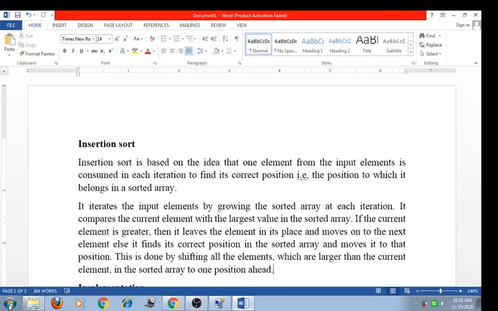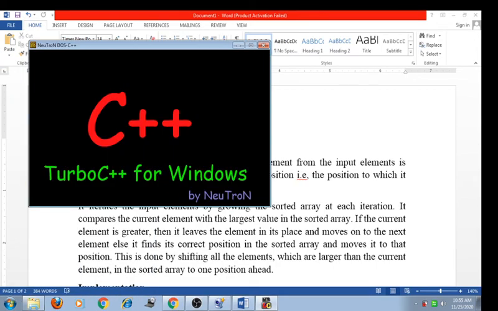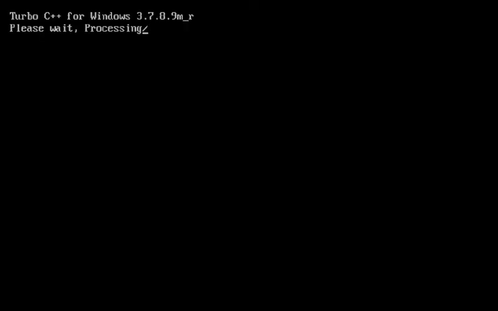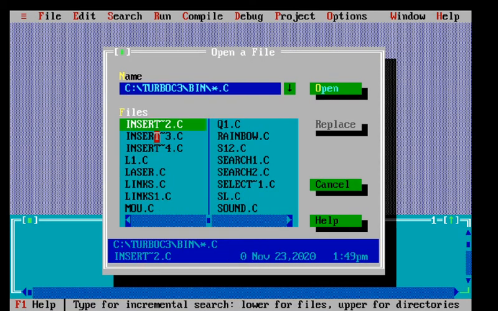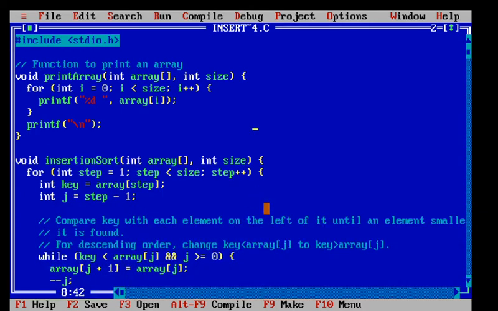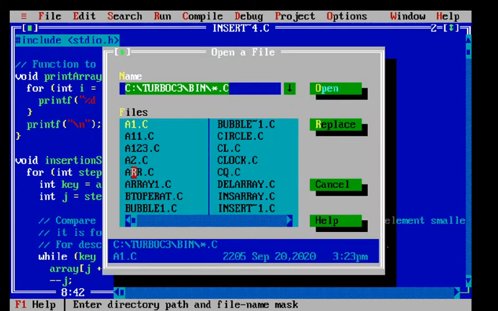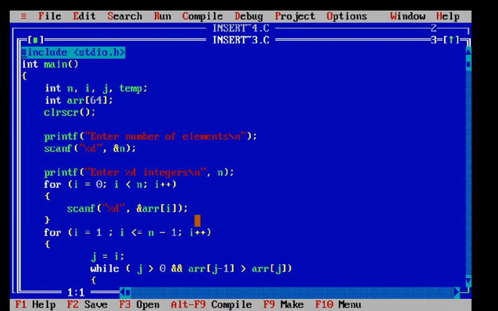Now we see practically how the insertion sort works. I go to the editor, Turbo C editor. I have already typed this program. I open that program. This is the insertion sort program. Wait a minute, I open another program. This one.